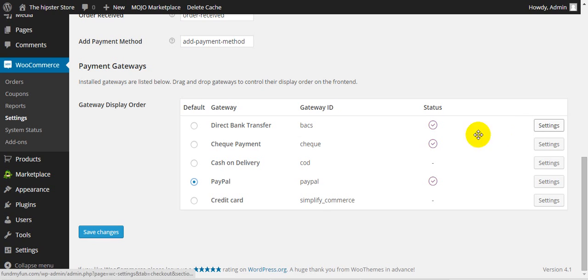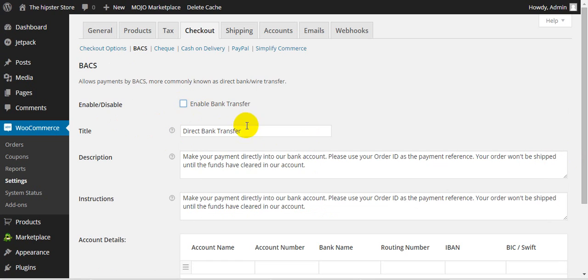Now I like to, at least for me, I like to keep PayPal as default. It just gives people that secure feeling because PayPal is secure. It doesn't require someone to